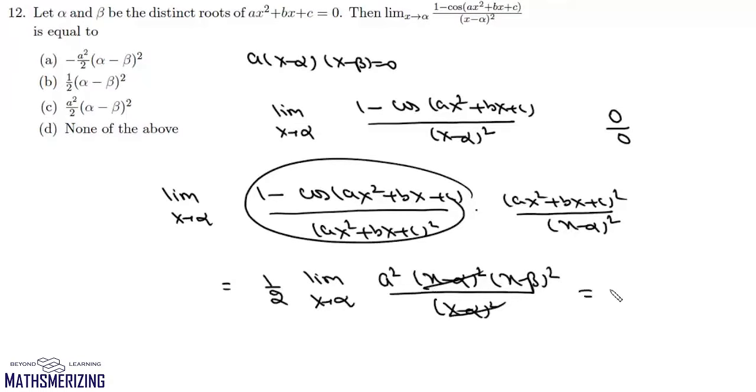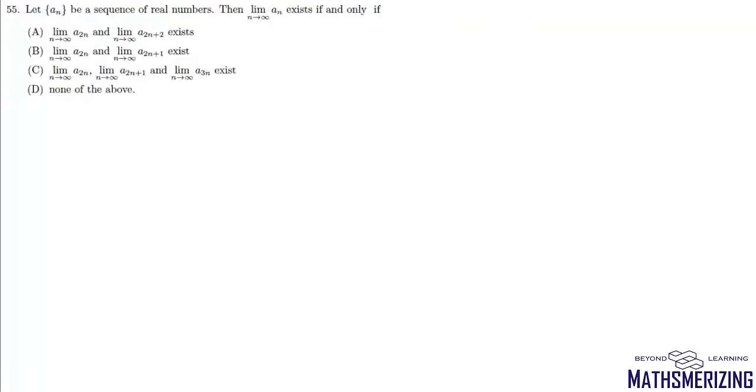So we'll get this limit as 1 by 2 a square into (alpha minus beta) whole square, and that's your option C. Question 55: let a_n be a sequence of real numbers, then the limit as n tends to infinity of a_n exists if and only if... Now which of the following options is correct? Now what we'll do is, we'll say, suppose this limit